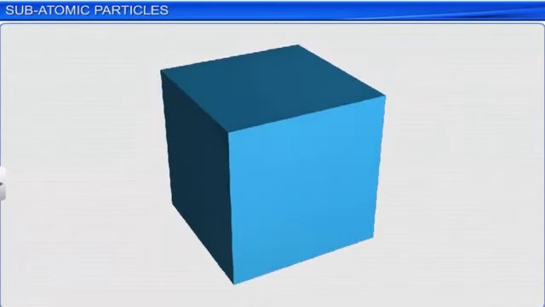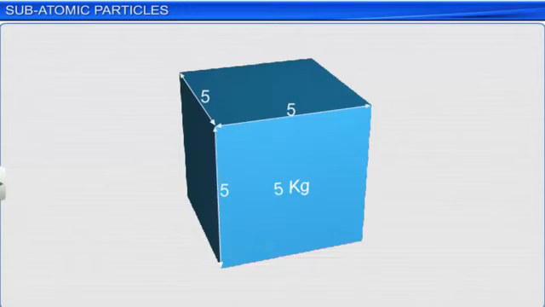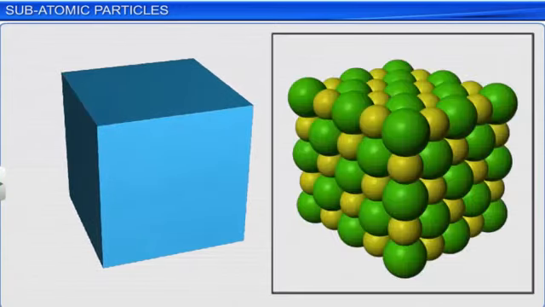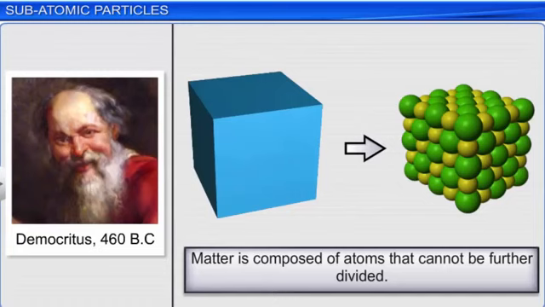A substance that has mass and occupies space is called matter. It is made up of small particles called atoms that cannot be further divided. This idea was first proposed by the Greek philosopher Democritus back in 460 BC. However, due to the lack of scientific evidence, Democritus's ideas were considered mere speculations and ignored for 2000 years until